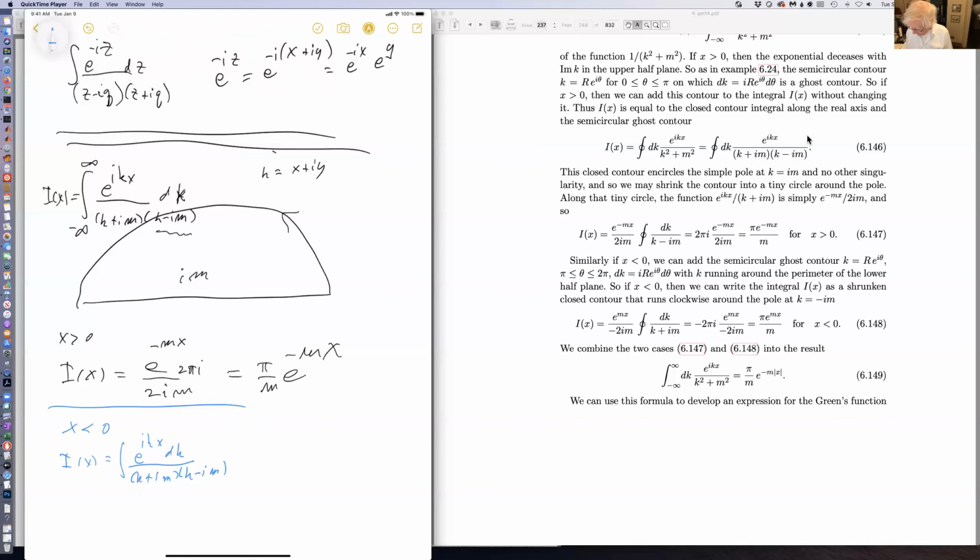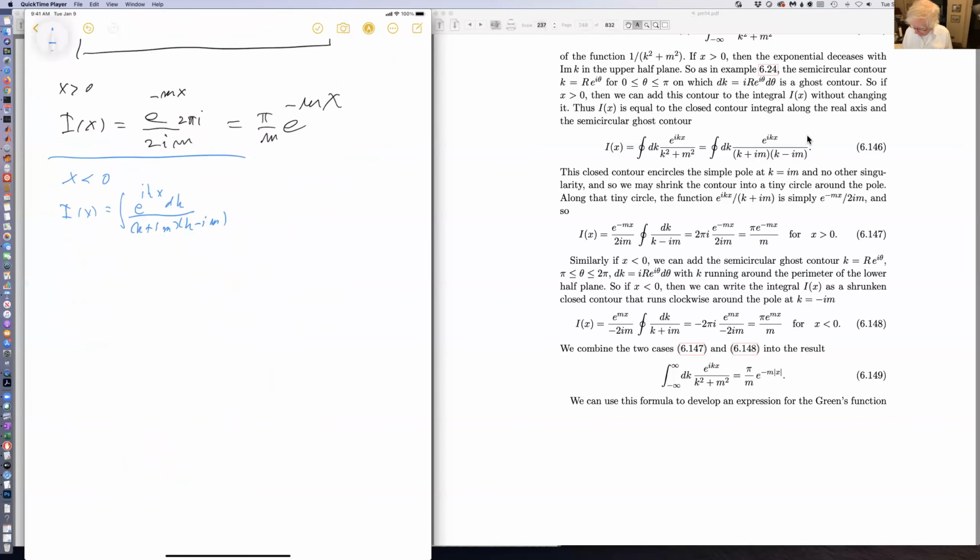We're integrating from minus infinity to plus infinity like that. We add a contour here, and we pick up the pole at minus im. And so that gives us 2 pi i e to the, let us see, k is equal to minus im,